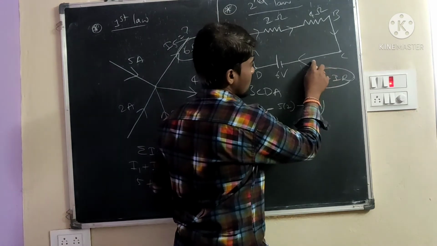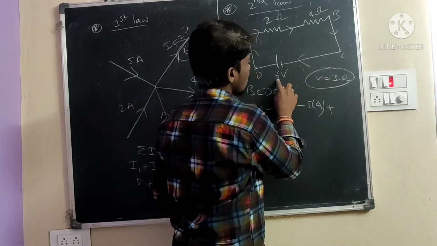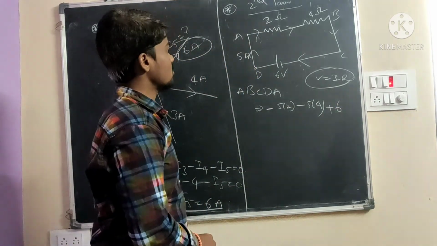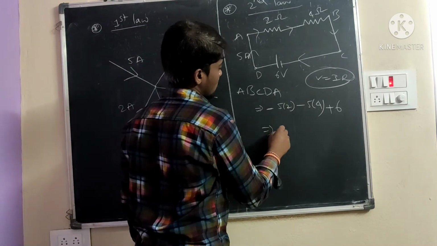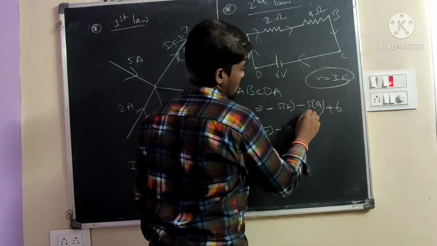Next, here the current is moving from negative to positive. Here we will take the positive. Here is plus 6. How much is the value? Minus 5 into 2 is 10. Minus 5 into 4 is 20. Minus